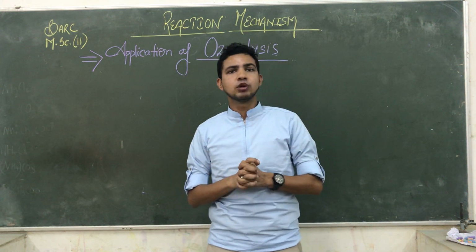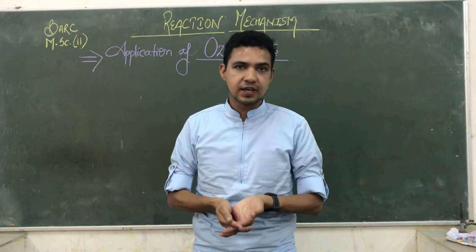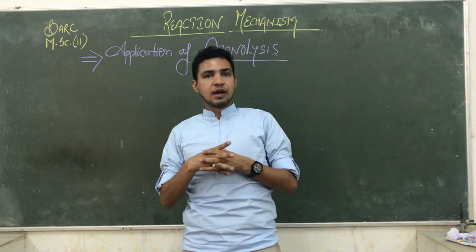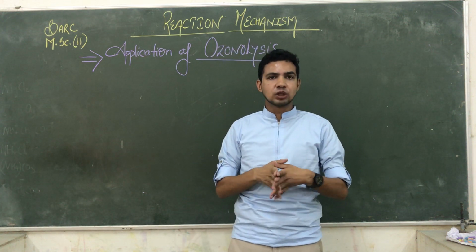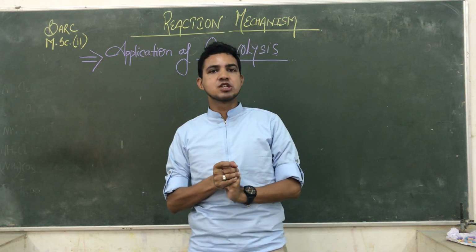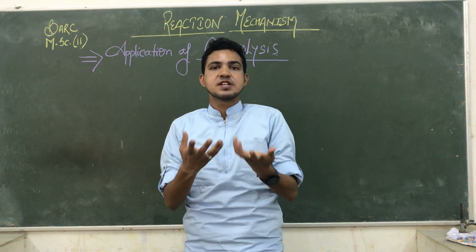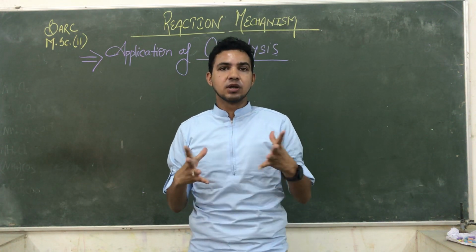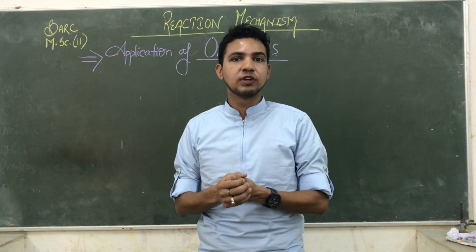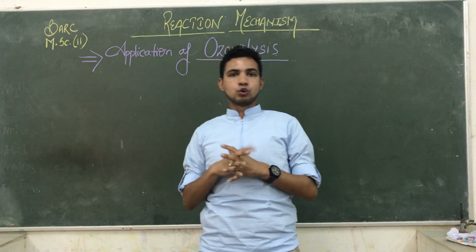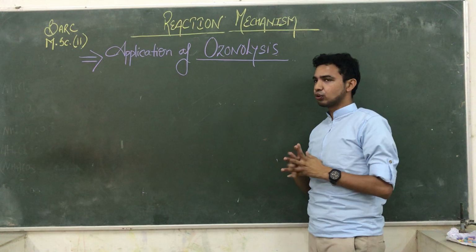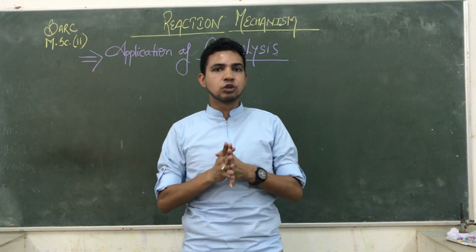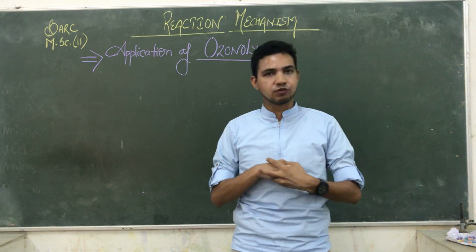And you know the nature of ozone. Ozone is a highly poisonous gas, having a bent-shaped structure with a positive as well as a negative charge, generally behaving like a good electrophile. So it always attacks the part of a compound where the electron density is very high. Today we are talking about the application part of ozonolysis, generally in medicinal chemistry, and it is also helpful to synthesize different types of compounds.